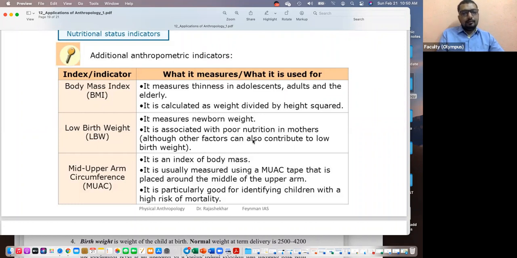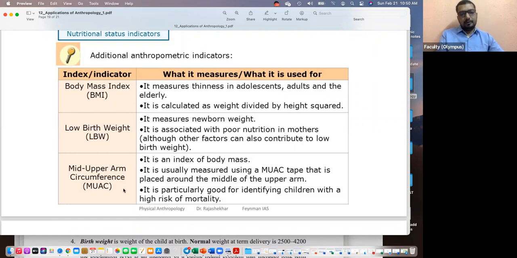So mostly poor nutrition. Psychological reasons are also there, and a stressful environment can also cause this problem. But you can see the connection between poor nutrition and low birth weight. So proper nourishment of the mother is important. Low birth weight helps us understand this. We cannot do much, except correct for that afterwards, but we cannot correct once a baby is born. But this provides an idea about the trend in a given population.